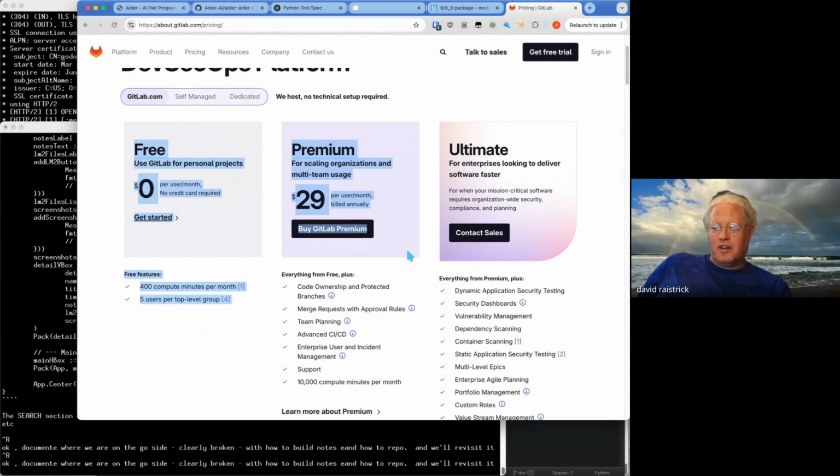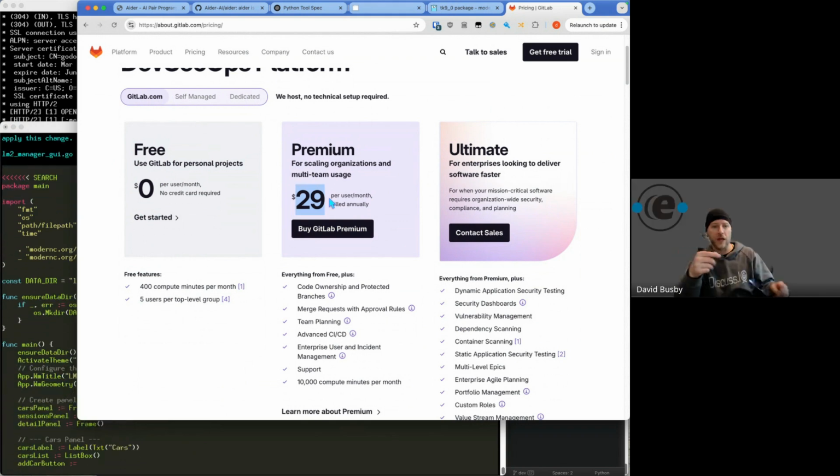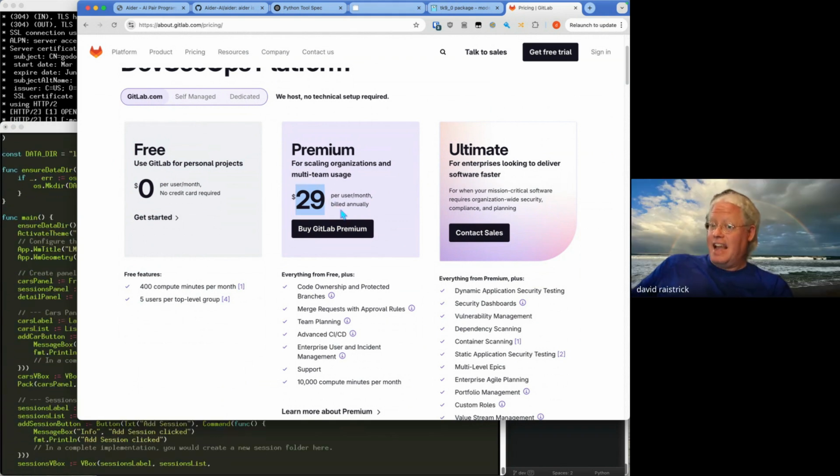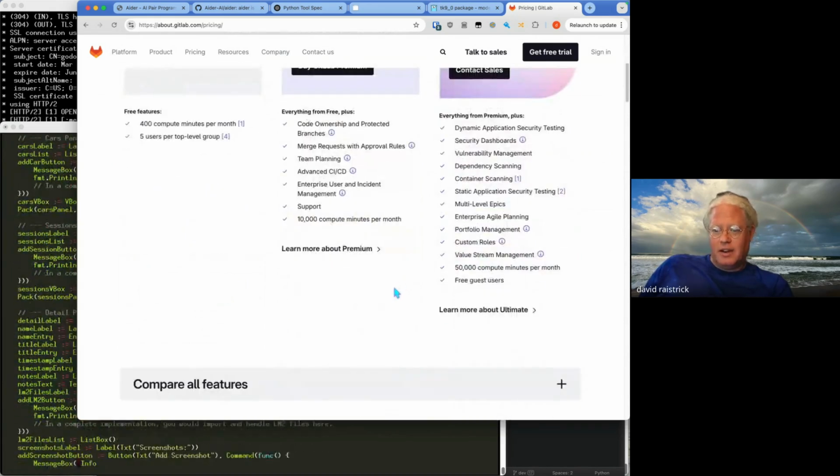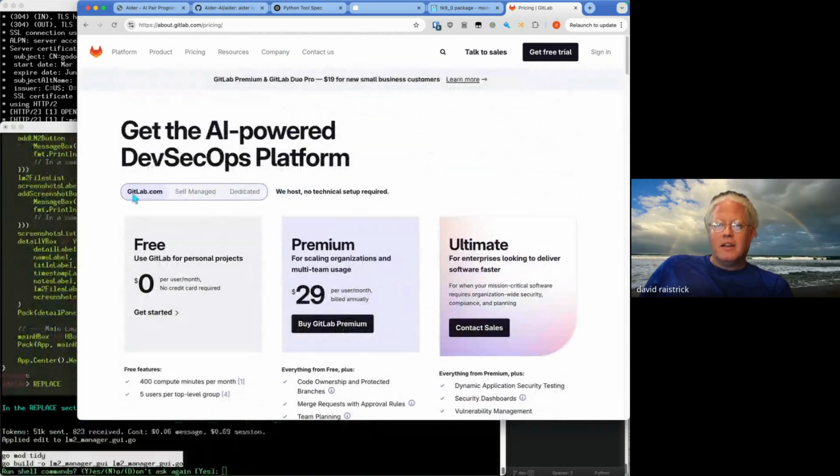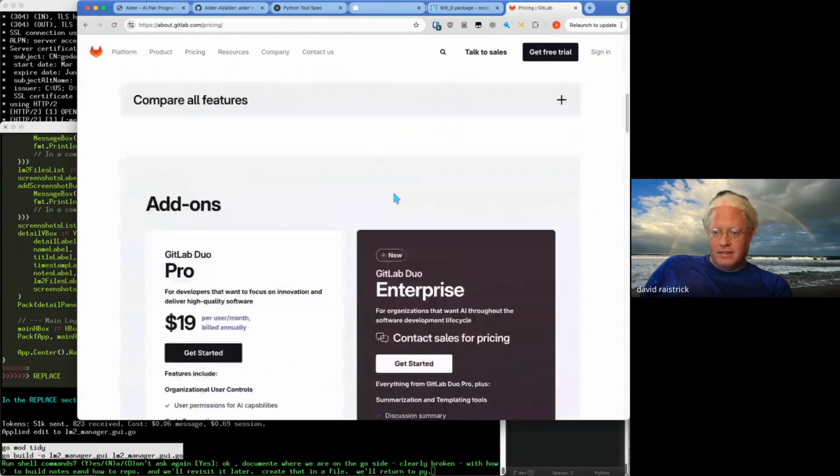Right. We go from $0 to $30, $0 for 5 users. At 6 users, we're now 30 times 6 per month. Billed annually. Right. And that's that you pay annually. Right. Finding their monthly flag is